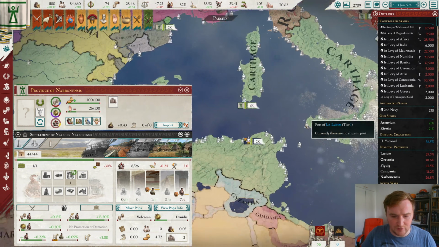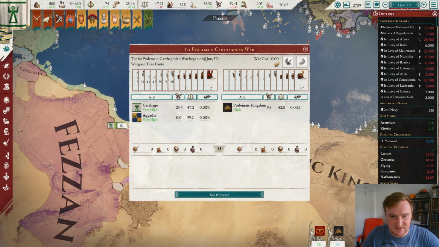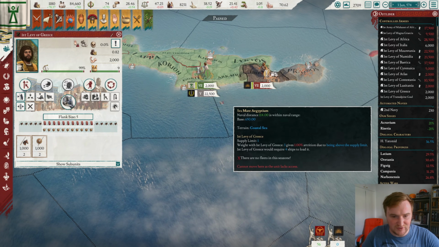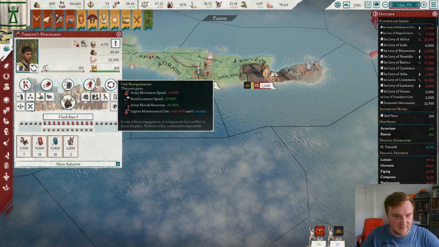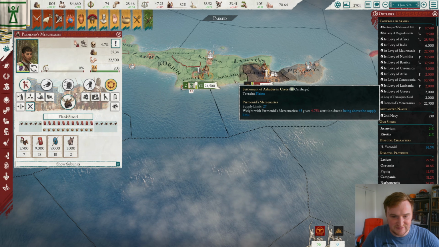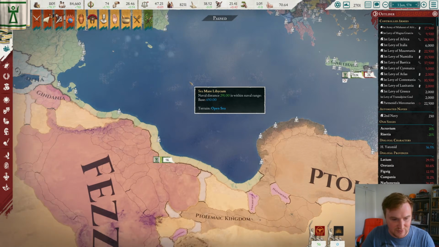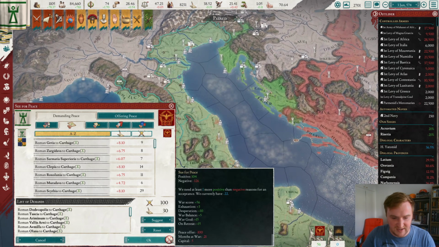Ooh, and the Ptolemies, guys, they've just declared war on us. Interesting. To take Crete. Huh. Well, we've got 2k troops, but there's also some mercs here that we can quickly get. So, yeah. Interesting. Right. Well, we need to finish this war off pretty quick then, and we're not too far